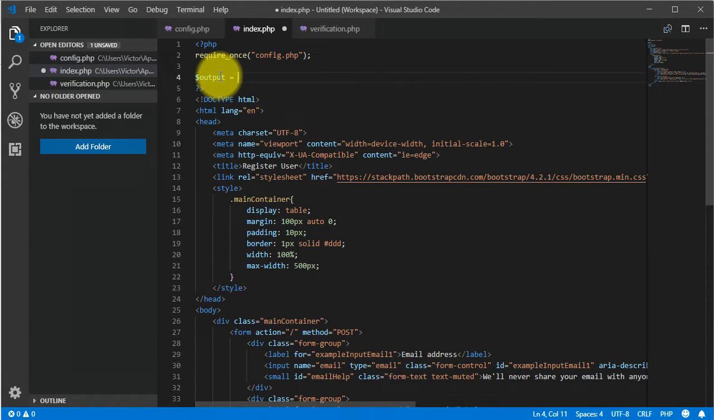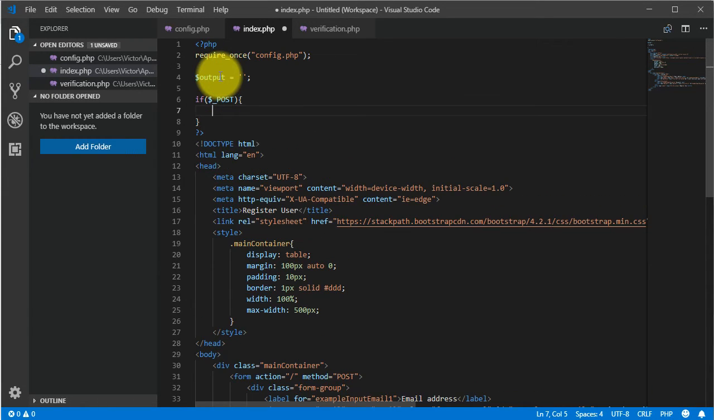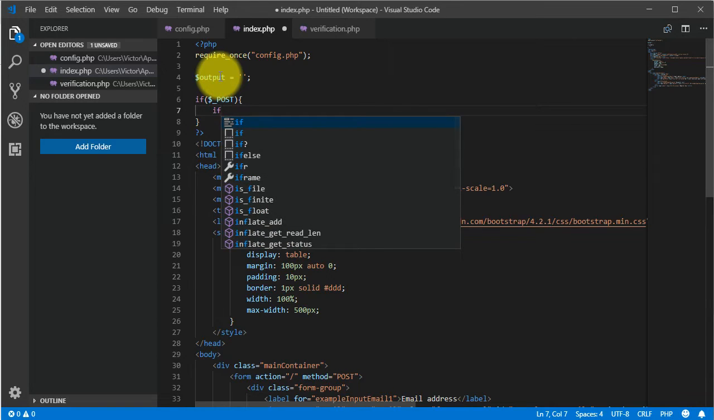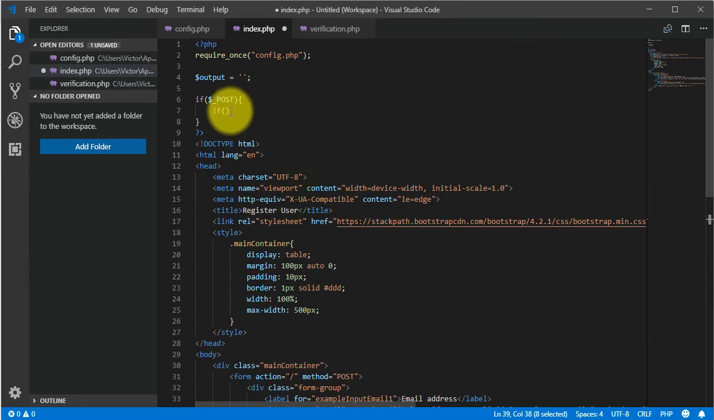This is going to be the output, and it's an empty variable for now. Then below we will have an if statement, and we will check if there's any data in our post method. If there's any data, we will check the data from our fields for email and then for password. So we have an if